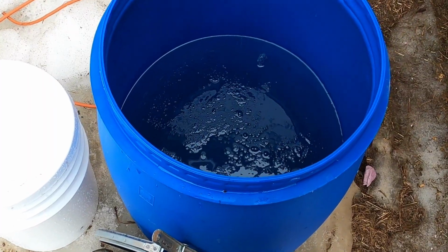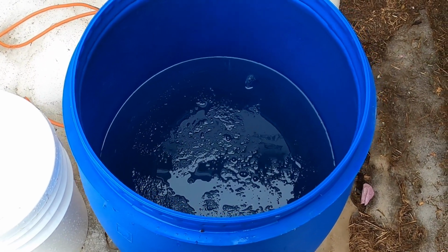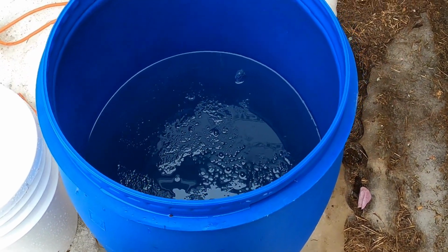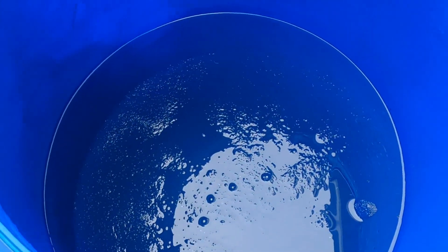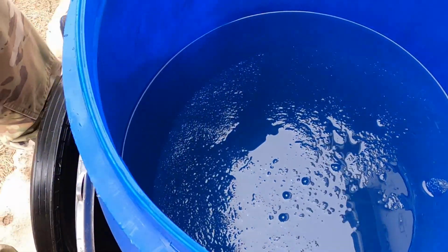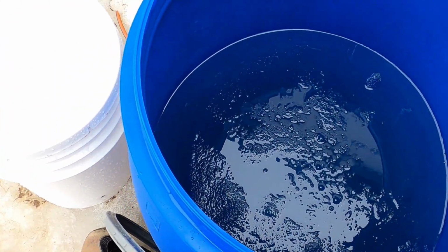But yeah, we're getting more sap. The sap is definitely filling the bucket. I mean, it's not full. That's a 40-gallon. So yeah, we have a 40-gallon bucket, and it's more than half full. And this is our first time ever tapping trees for sap. And we don't have a lot of the maples tapped that probably could be tapped,